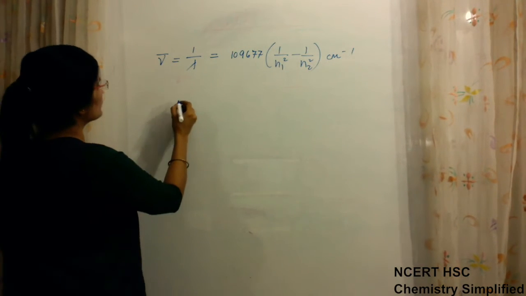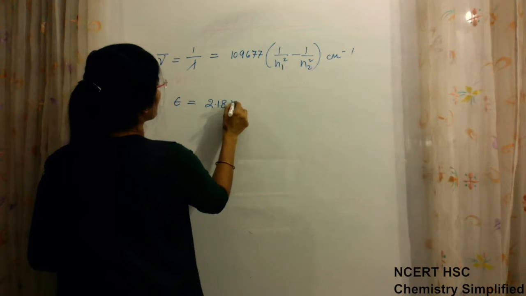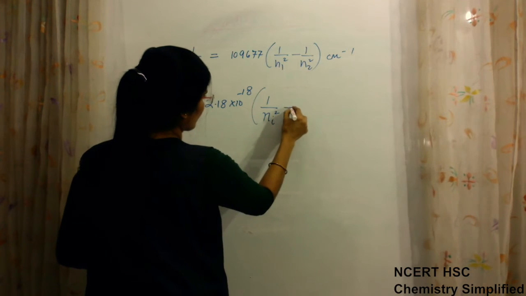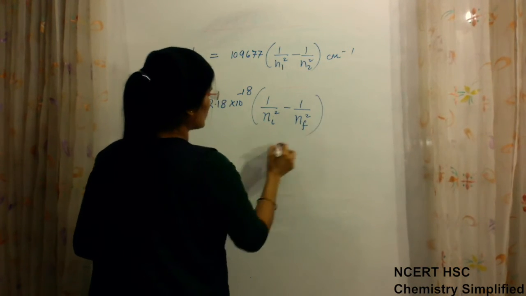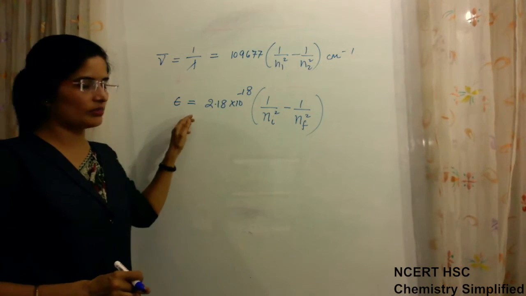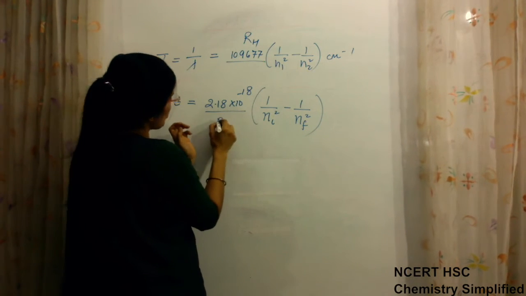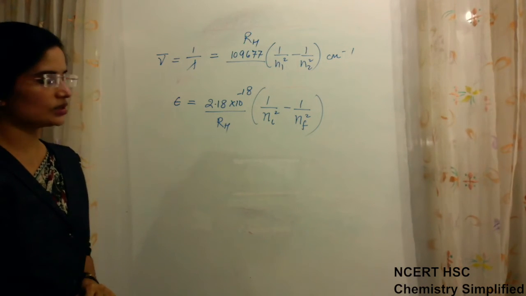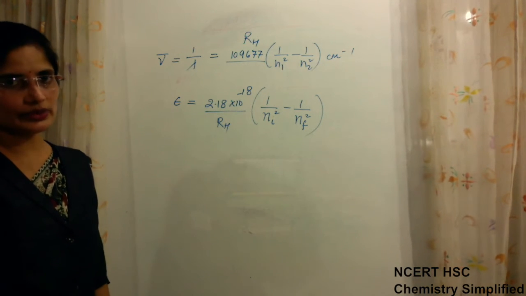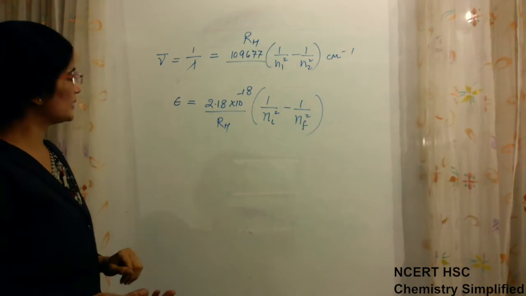Now, another formula which was written was the calculation through energy. E is equal to 2.18 into 10 to the power minus 18 (1/Ni² minus 1/Nf²). These 2 formulas, though they appear to be similar, are a little different from each other. What is the difference? See, this value which we have written is RH, also known as Rydberg's constant. But both times the value which we are writing is different. The value is different, but actually both of them are similar. How they are similar, let's see.